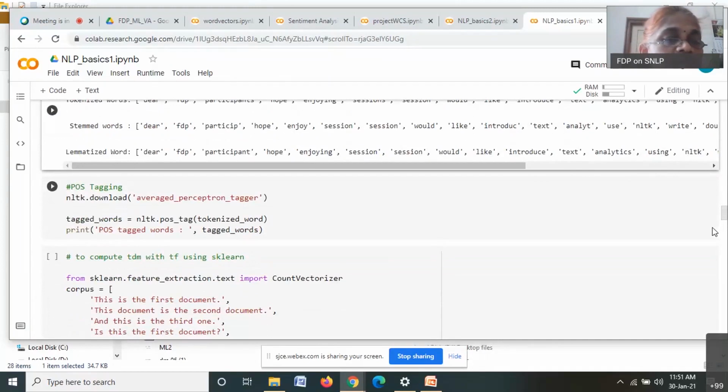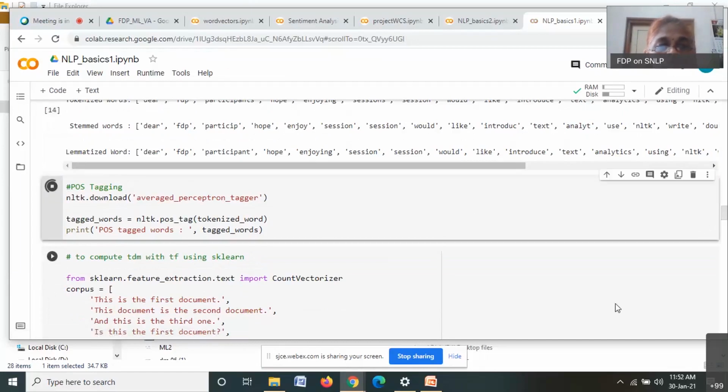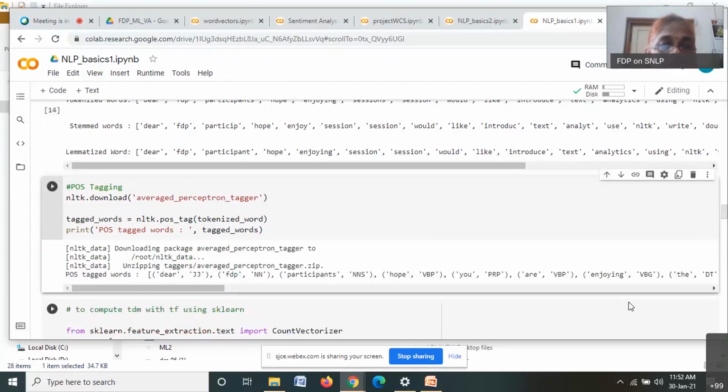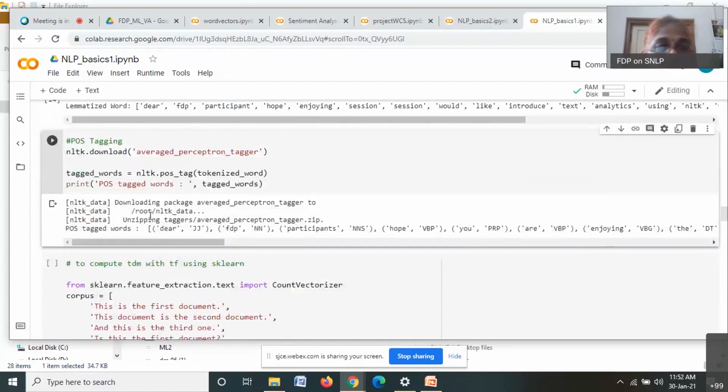For many applications, we need POS tagging, especially when it comes to named entity recognition. POS tagging is a must. Without POS tagging, you cannot do anything. So how can you tag the words with a part of speech?